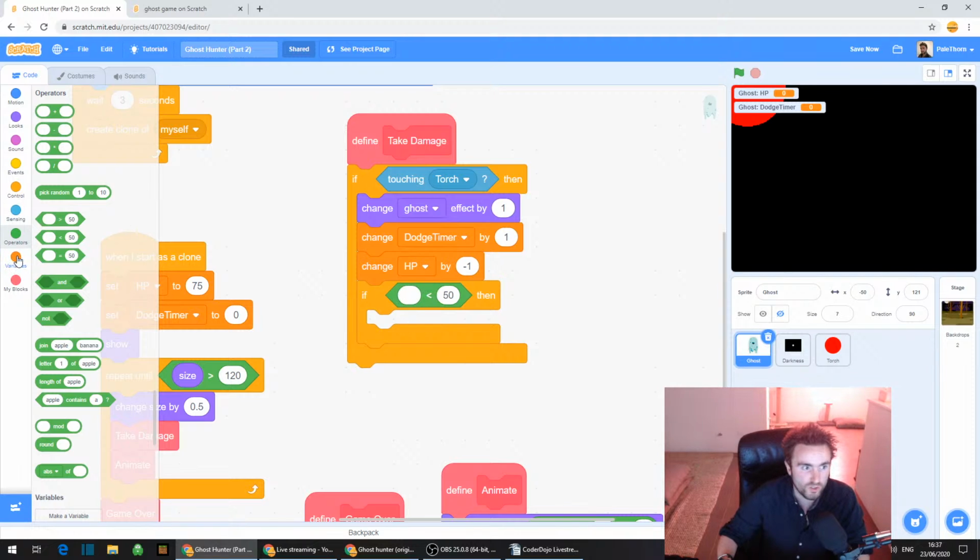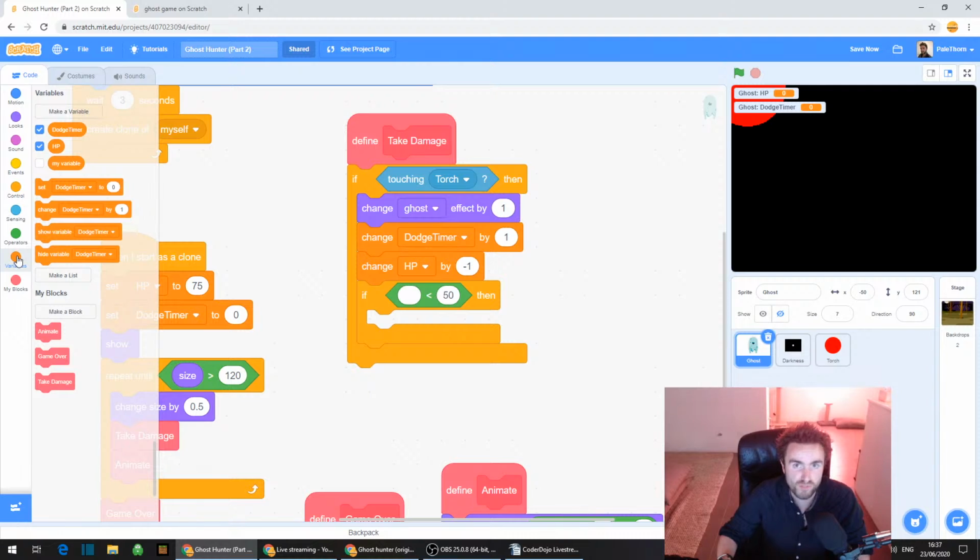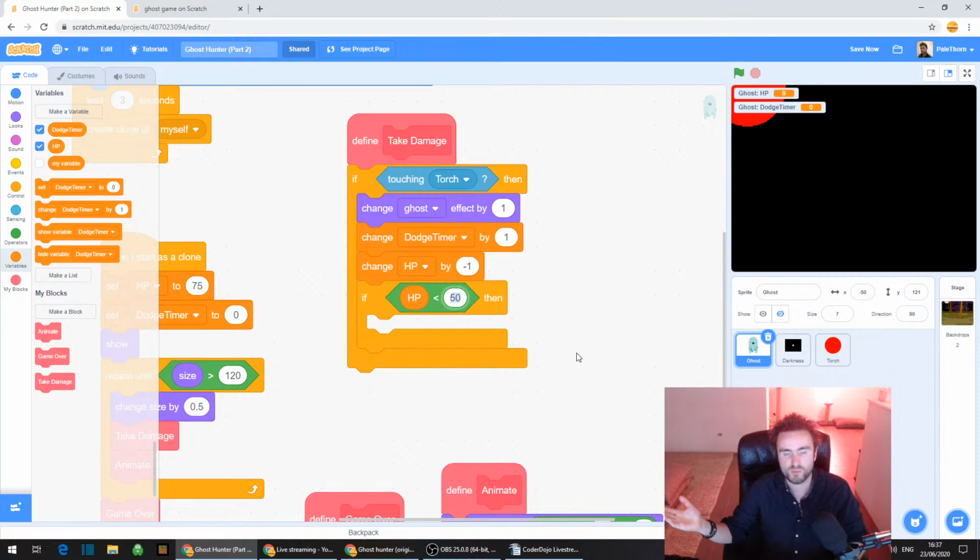So then what we need to do is go to variables, because what are we checking? What do we need to know? Is the HP less than 1? So go to variables, look for HP, it's the second from the top, drag that out and put it in the first slot. And then it says 50. We don't want it to be 50, we want it to be 1. So the question that it's going to ask there is, has the HP of this individual ghost gone to 0 or lower than 0, less than 1?